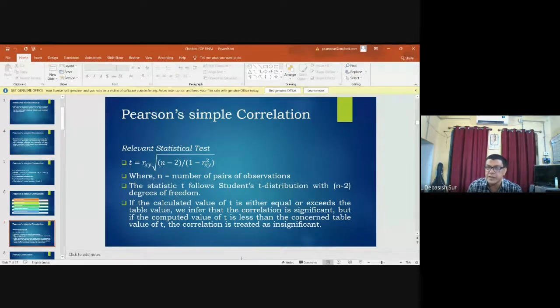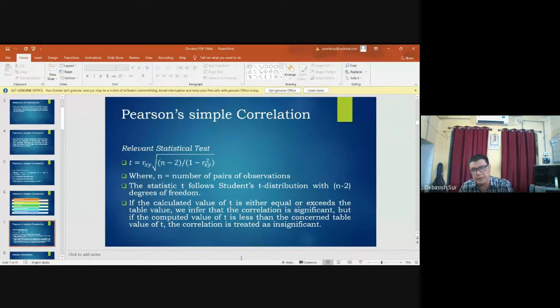The correlation is statistically insignificant. So first of all, we have to compute the correlation, then compute the t value, then determine the degree of freedom, then identify the table value of t, and then compare the computed value of t with the table value of t,